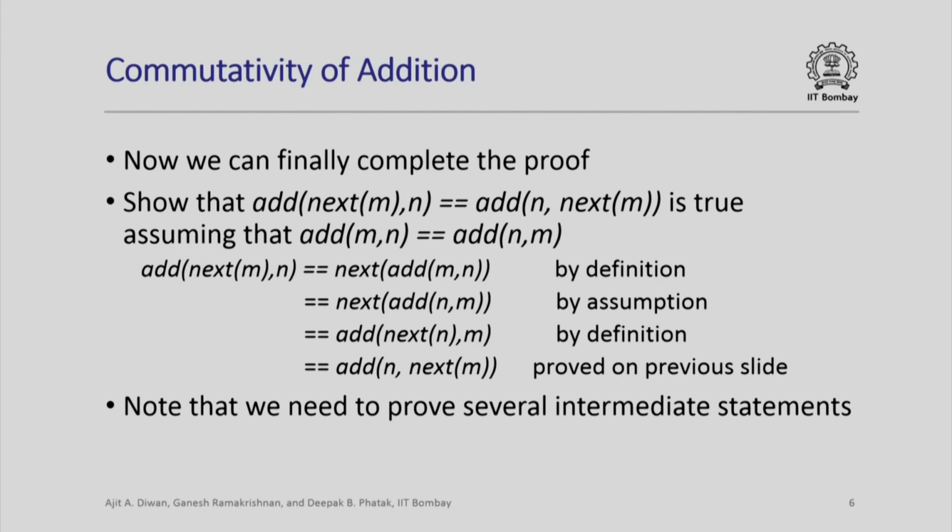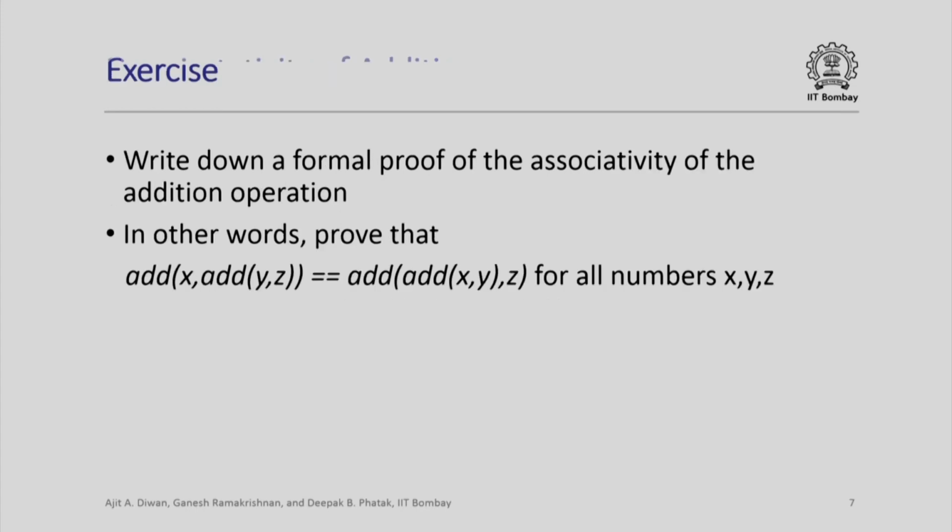So note that to prove this property we needed to prove several intermediate statements, and this is true in general. If you want to prove some complicated property of numbers, you need to start by proving simpler and smaller properties, and similarly build up, just like you build functions, you need to prove properties, or they are called theorems. You prove more theorems using theorems or properties that you know already hold.